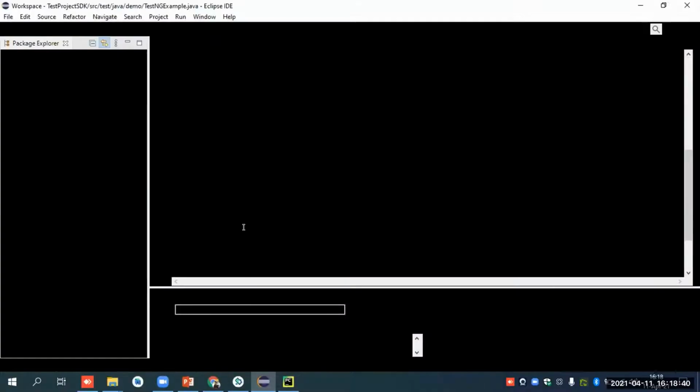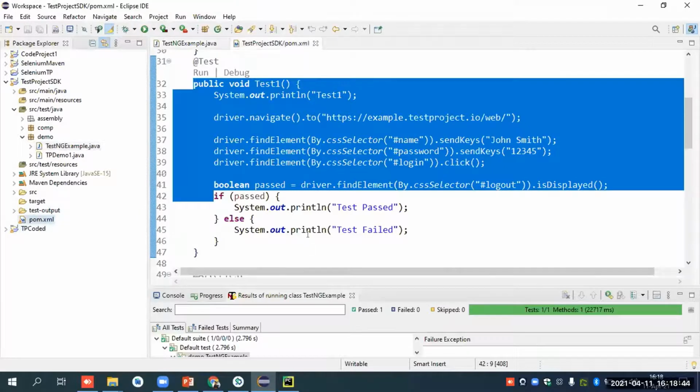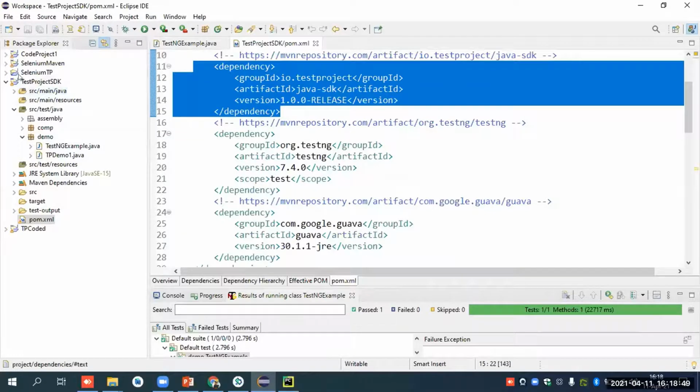Let me open Eclipse. It's based on our test project Open SDK. For this project I will create a jar file, and I will upload that jar file into my project.